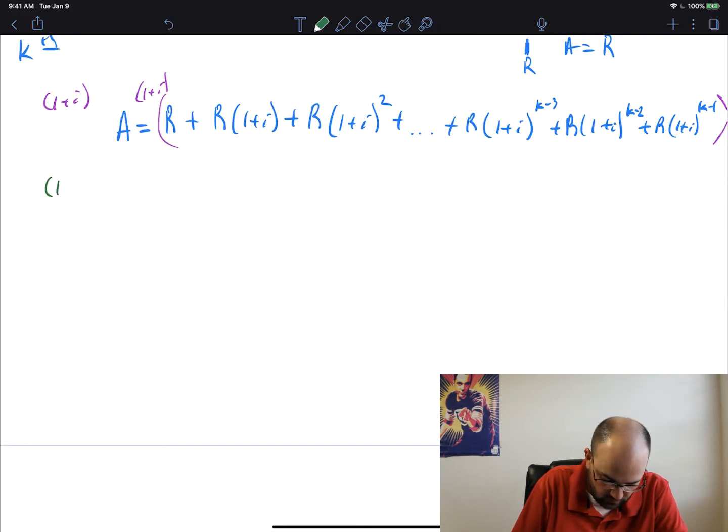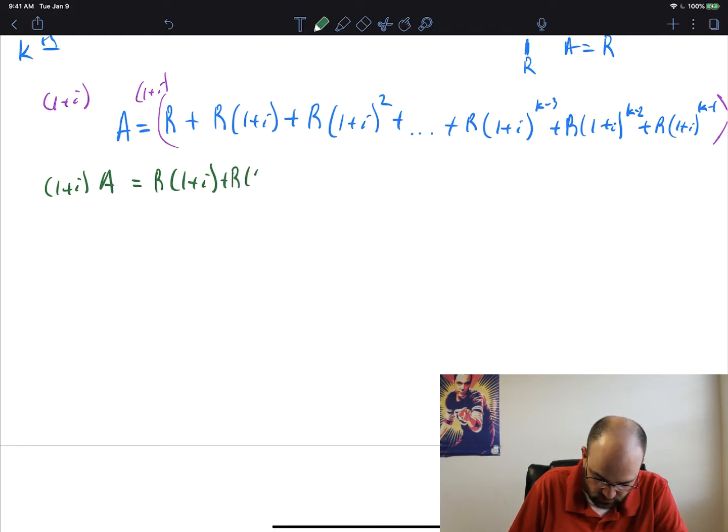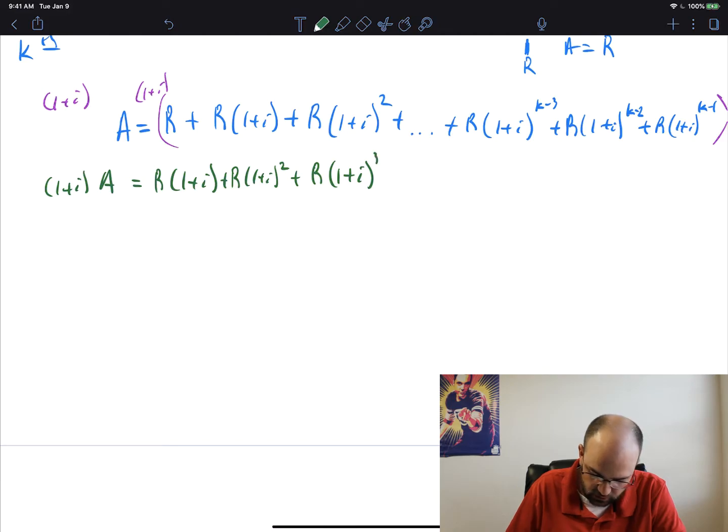So if we have 1 plus I times A is equal to R times 1 plus I, and then R times 1 plus I squared, because all I'm doing is distributing this to each one of these terms. So R times 1 plus I, then this R times 1 plus I times the 1 plus I becomes R times 1 plus I squared, and then the next one is plus R times 1 plus I cubed, plus all the way down,